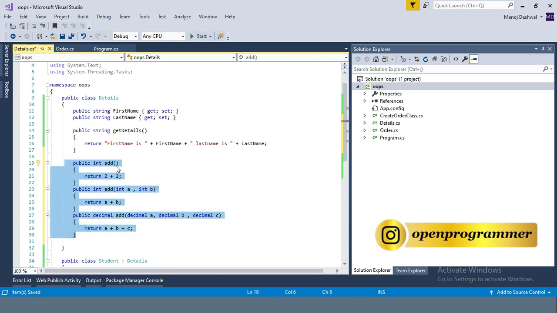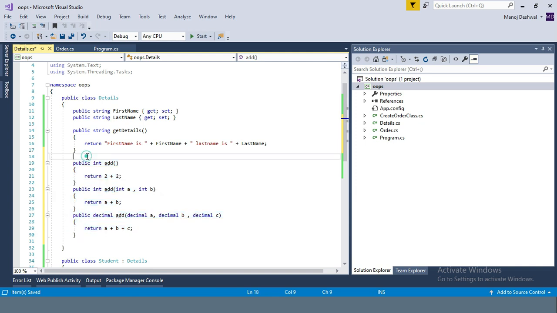Here a single Add method is behaving in three forms: one is blank, second with integer parameters, and third with float parameters. So that is all about encapsulation, abstraction, inheritance, and polymorphism.